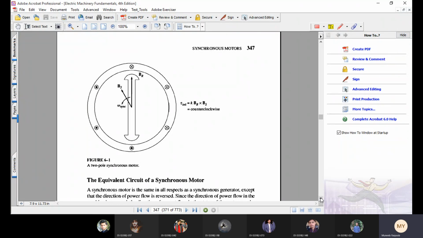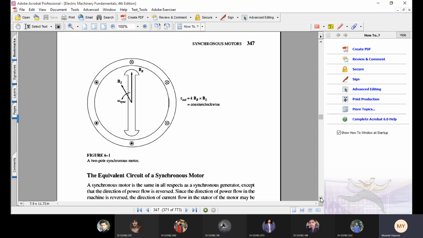Now coming to the next topic, the equivalent circuit or equivalent model of a synchronous motor. As in the last chapter, we studied the synchronous generator's equivalent model. And if you recall, in chapter number 1, I stated that the same machine can act both as a motor